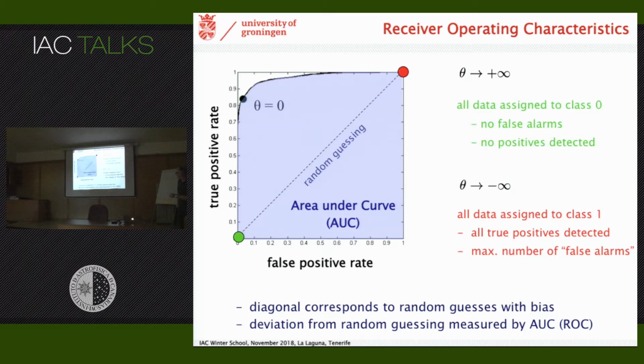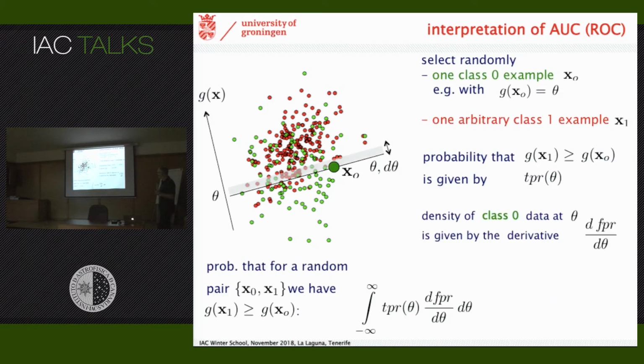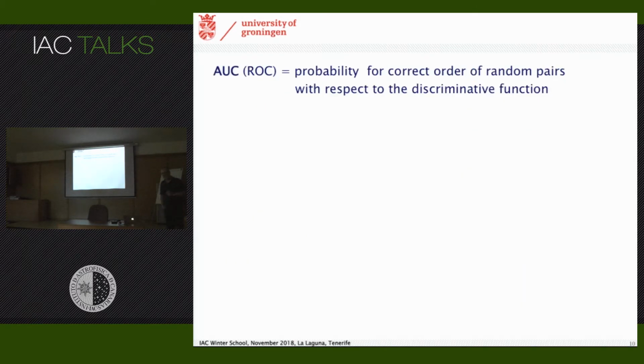And the larger that AUC, the better in general is my classifier, because the perfect one would have an AUC of 1, right? That's a perfect classifier, doesn't do any errors whatsoever. The random guessing has an AUC of 1/2, and anything in between is better than random, and the AUC tells me how much better it is than random. Now the AUC has a statistical interpretation which makes it very attractive, which you can look up in the slides